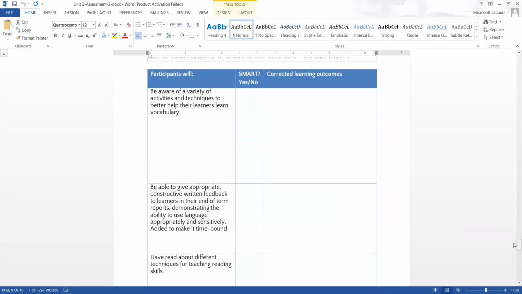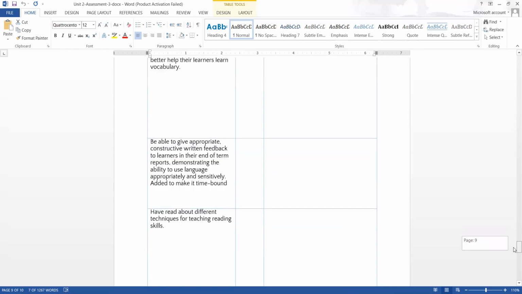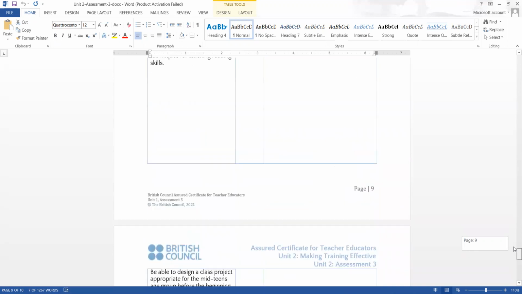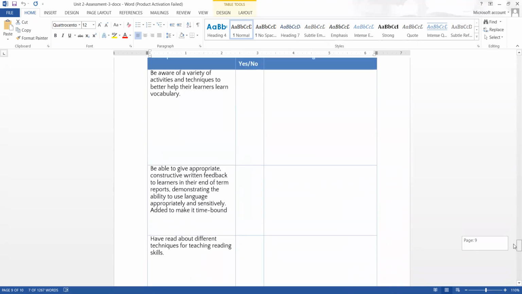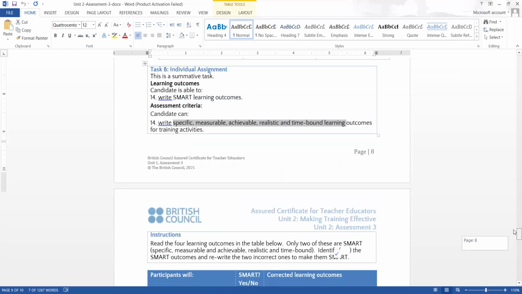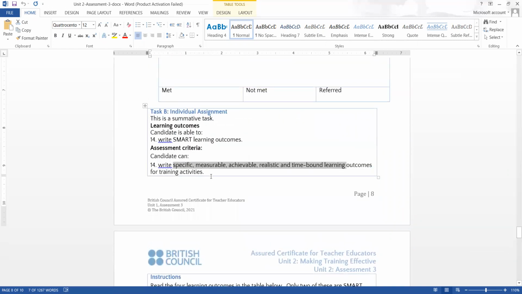This is the task, that's it for this week. 4 learning outcomes, 2 are SMART and 2 are not. So you have to change these accordingly. If you have any confusion with the terms, specific, measurable, achievable, please feel free to ask now if you need any support with that.